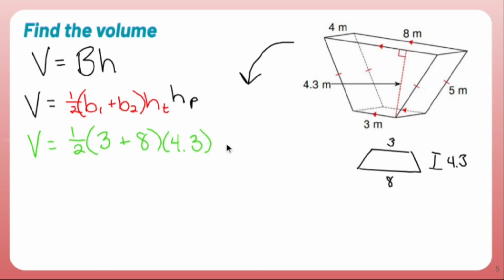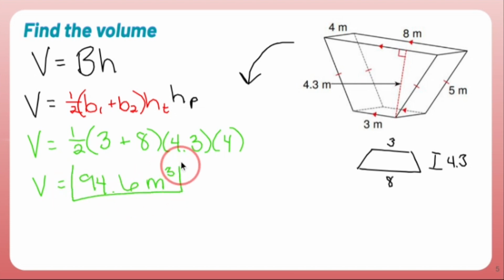And the height of the prism is 4. So I can't do this in my head, so I'm going to go off to the side and figure out what this is. The old Apple Watch says it's 94.6. Now, this is volume, and the units are meters, so I'm going to make sure that I say meters